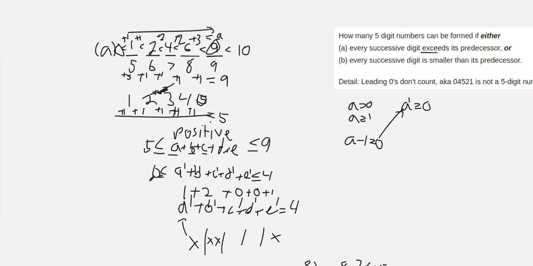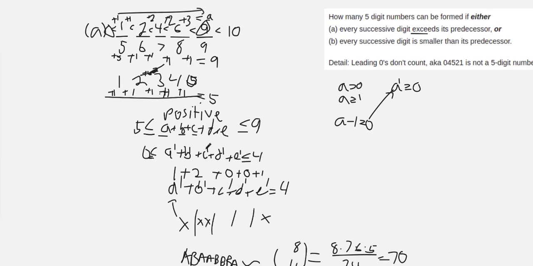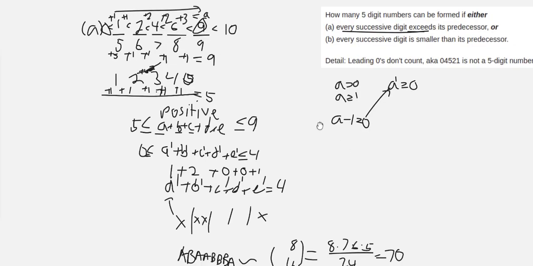So we're looking at the integers between 0 and 4 inclusive, which is just 0, 1, 2, 3, and 4. And so the number of ways we can do this, which again is equal to the number of numbers in this part A, the number of numbers with strictly increasing digits, is therefore equal to